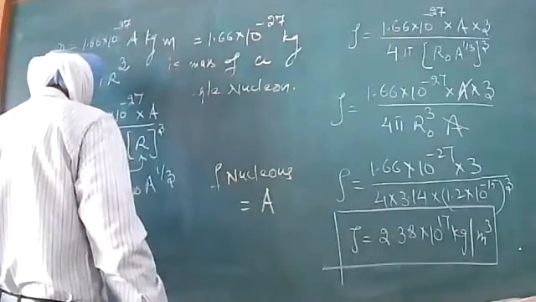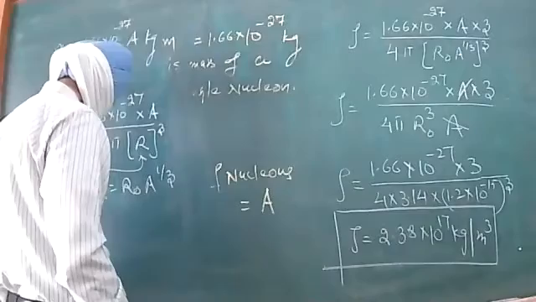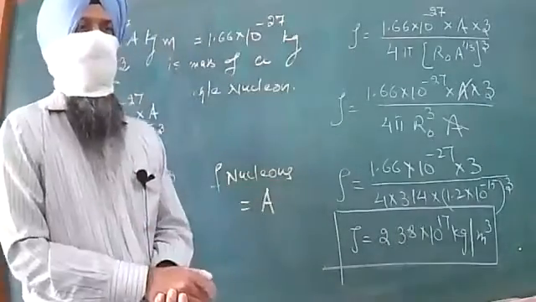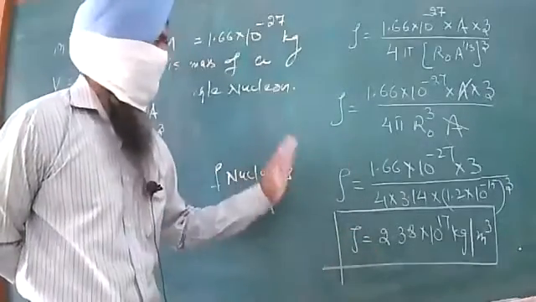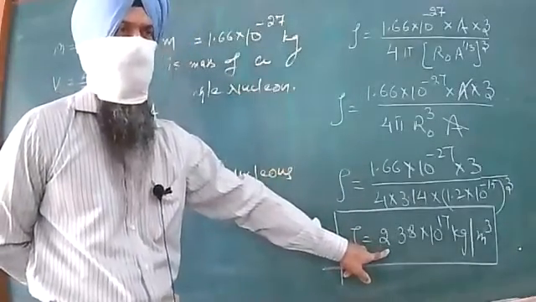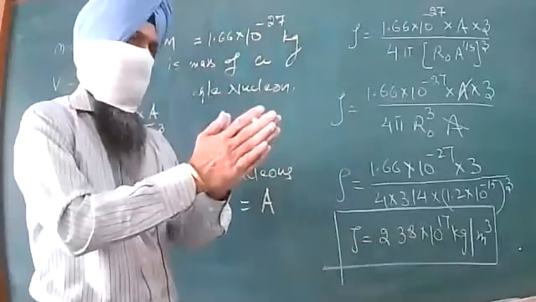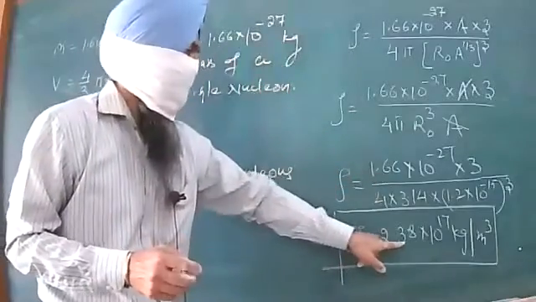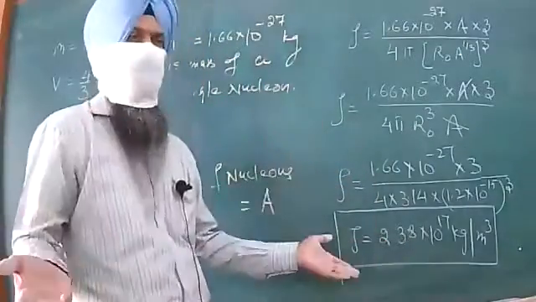Before I switch over to the next idea, I would like to give you some more information related to the nuclear density. Nuclear density inside the nucleus, at the middle, is exactly equal to this numerical value. But as we move from the center of the nucleus to the sides or edges, at the edges the value of the nuclear density decreases.